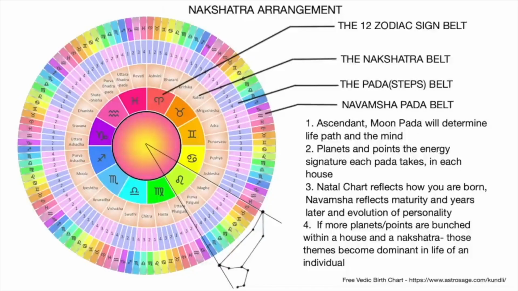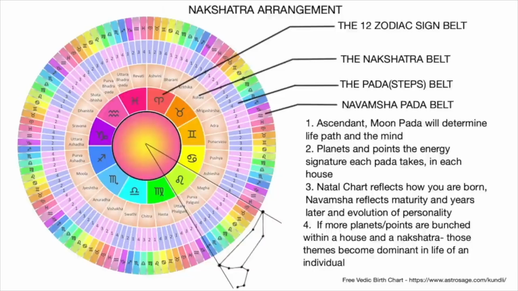So, what essentially are we talking of when we talk of these 27 constellations of the moon, or lunar mansions as they are popularly referred to? The nakshatra arrangement, as you can see on the picture there, let's just simplify it into what it is. We are studying the basic nakshatra arrangement and the Navamsha, the ninth divisional chart. This is the pie chart which we'll be dissecting step by step into all these series of nakshatras in this complete playlist as we go along.